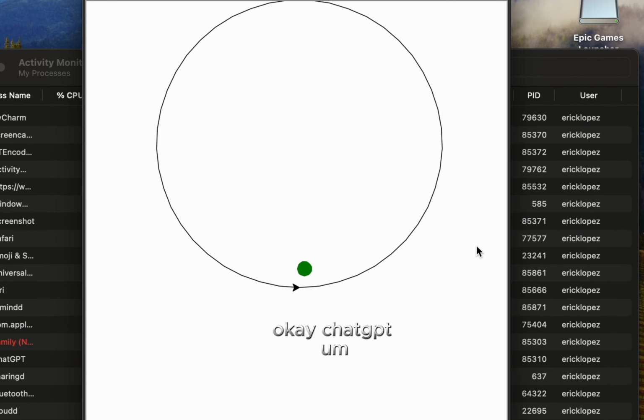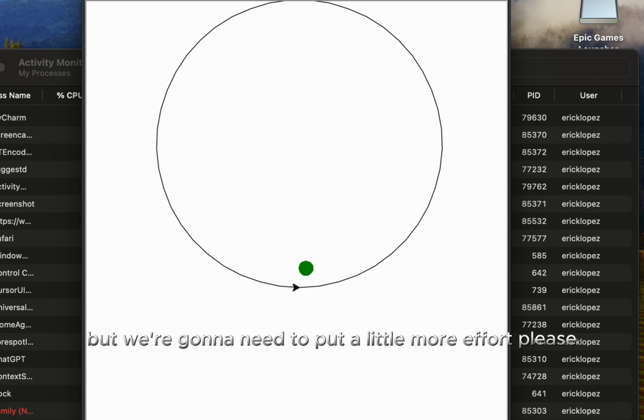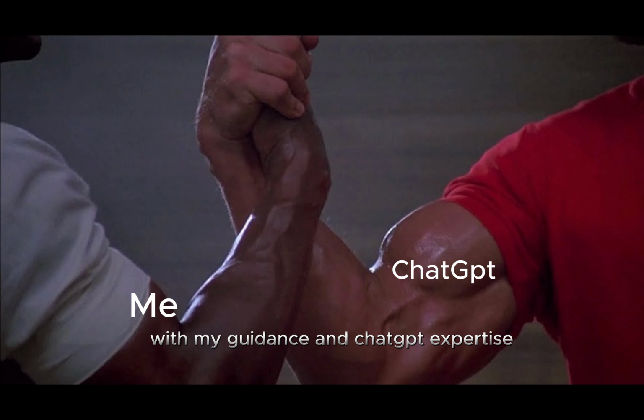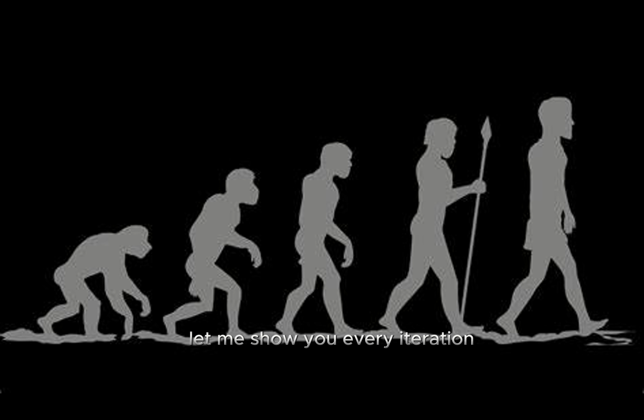Okay, ChatGPT. You did a kind of decent job, but we're gonna need to put a little more effort, please. With my guidance and ChatGPT's expertise, we finally built a masterpiece. But it's not about the destination, but rather the journey. So before I show you the end result, let me show you every iteration before we came to the conclusion